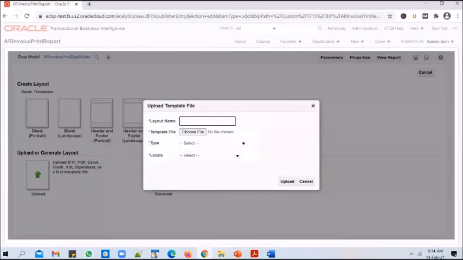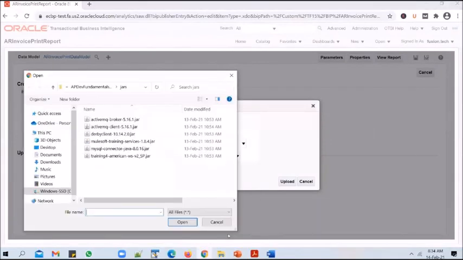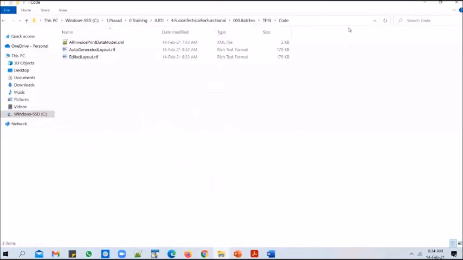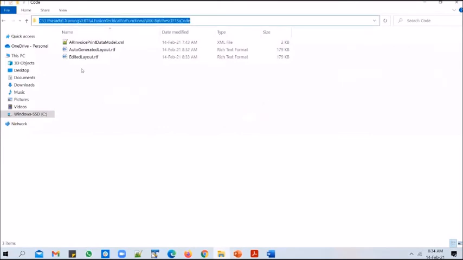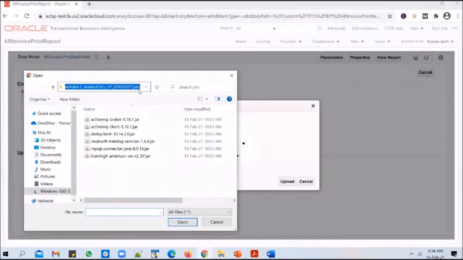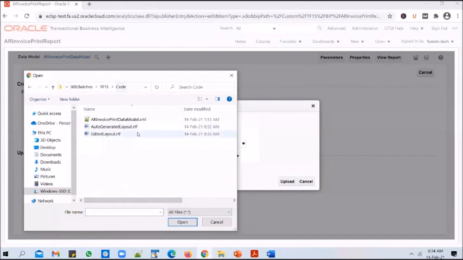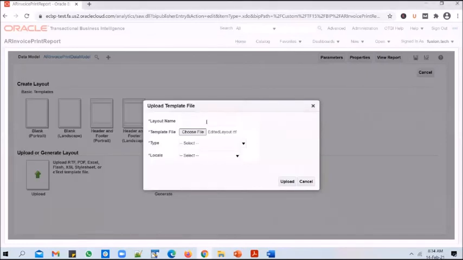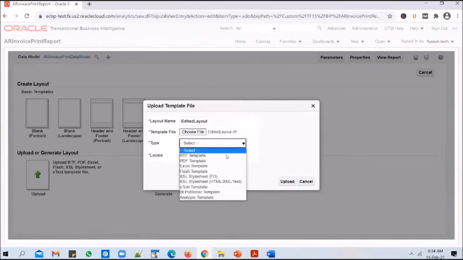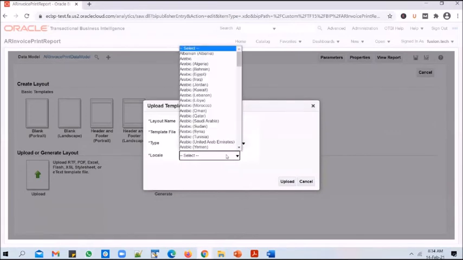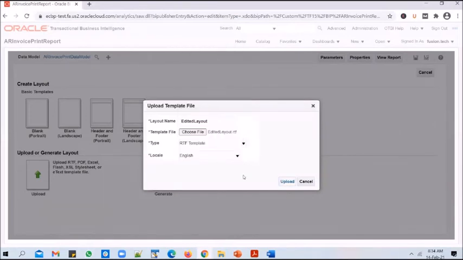So I use this upload option, and I will select the layout that I have created. And I'll call it edited layout, and the type as RTF template, and the locale as English.